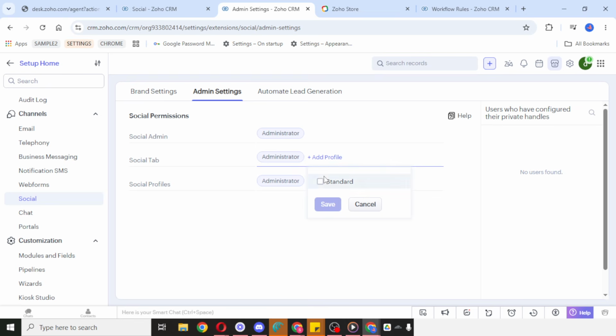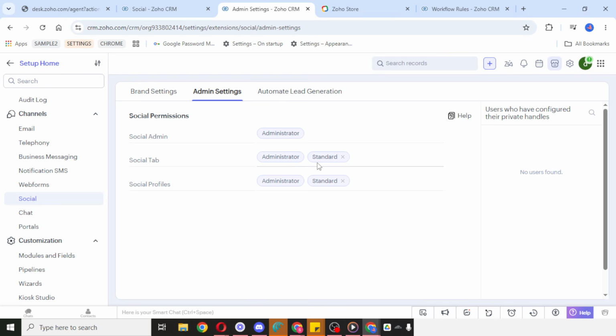After selecting it, you'll be asked to link your social media profile. Follow the prompts shown on your screen carefully. These prompts usually guide you through signing into the social platform, authorizing access, and confirming the connection. As you go through this part, make sure you're linking the correct business or professional profile if you manage more than one account. It's also a good idea to review any permission requests before approving them, so you understand what